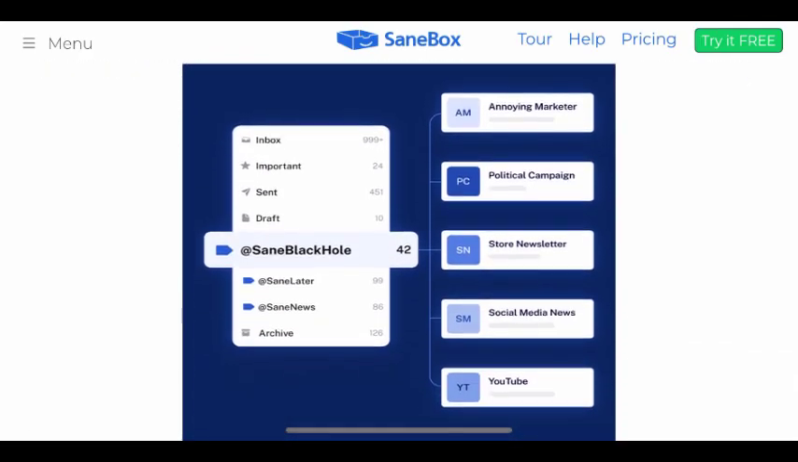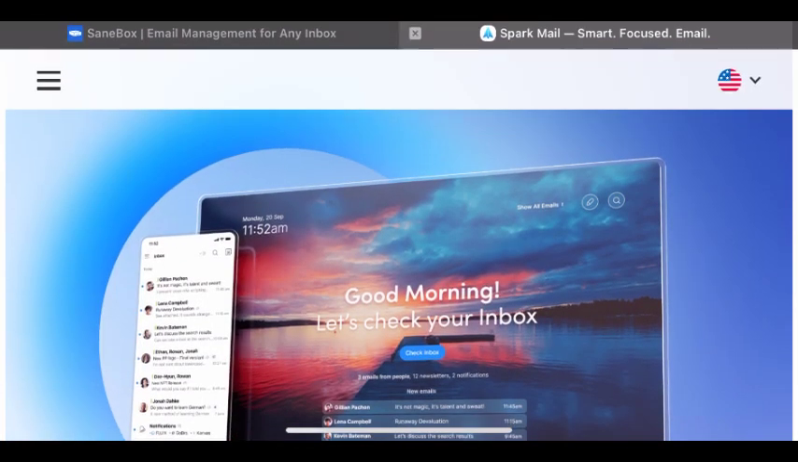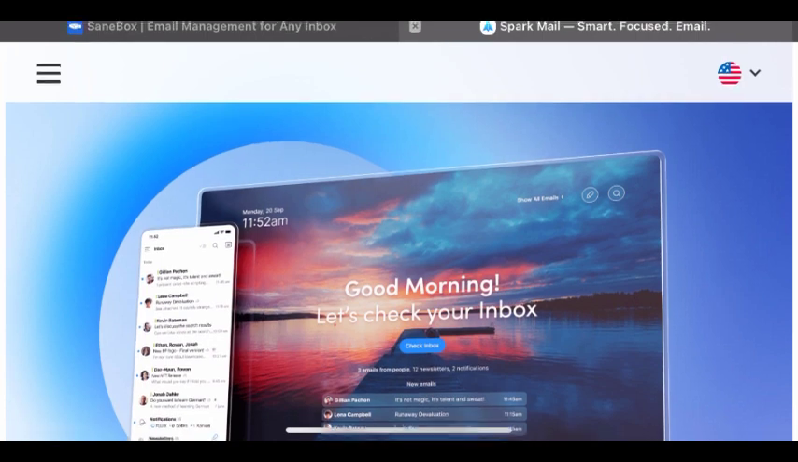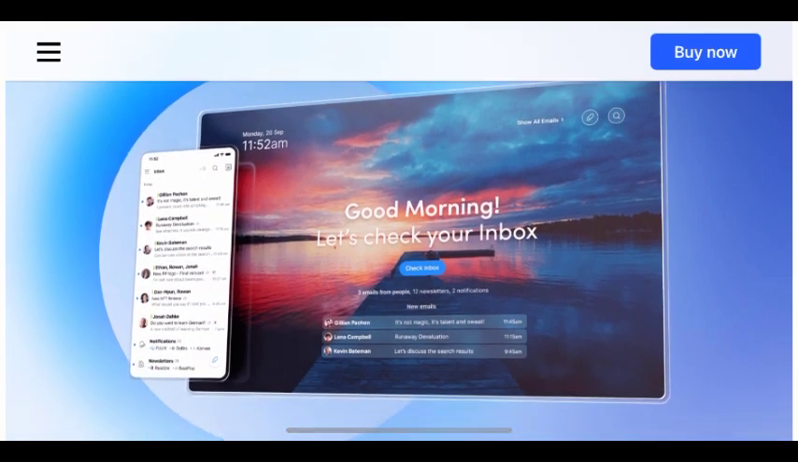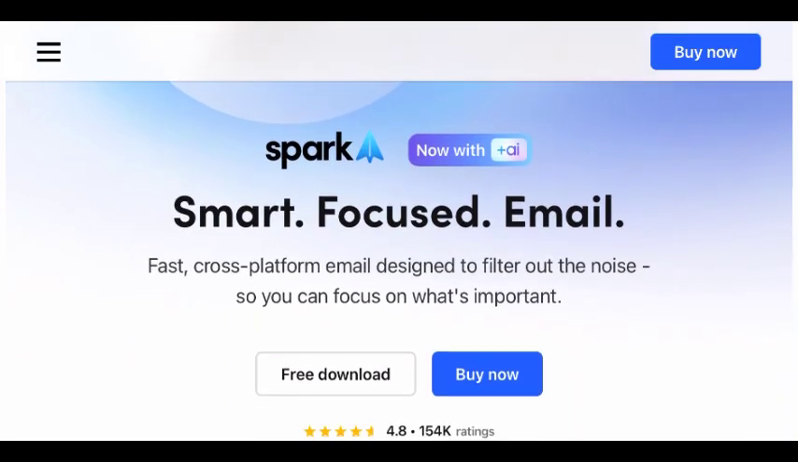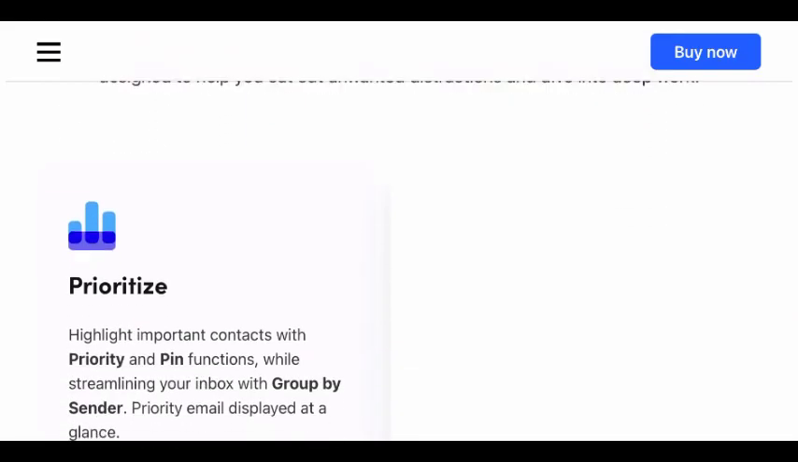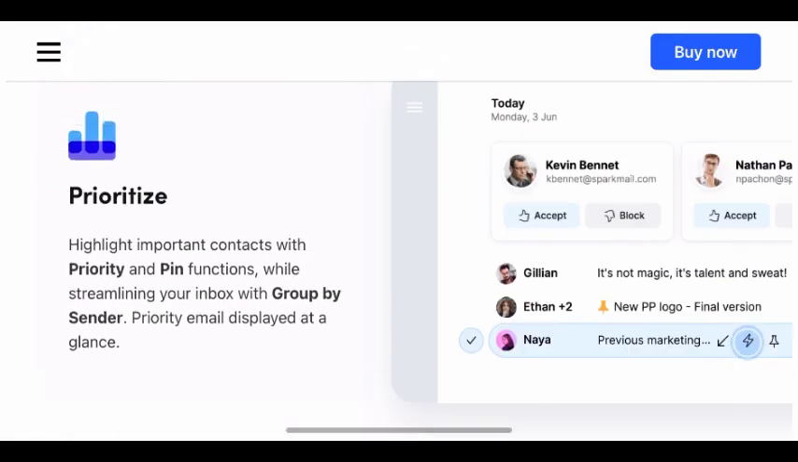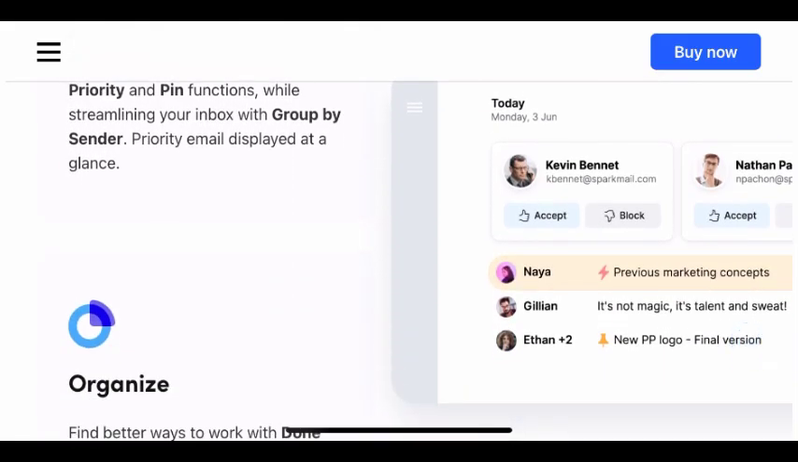Sanebox works behind the scenes with any Gmail provider, filtering distractions into smart folders and sending you daily summaries. It's lightweight, requires no new app. It's also great if you want automation without changing your habits. Spark Mail, on the other hand, is a fully featured email client with collaborative tools, snooze options,